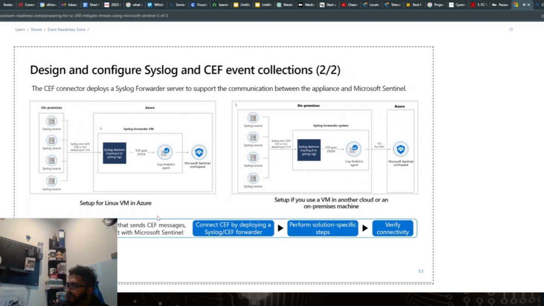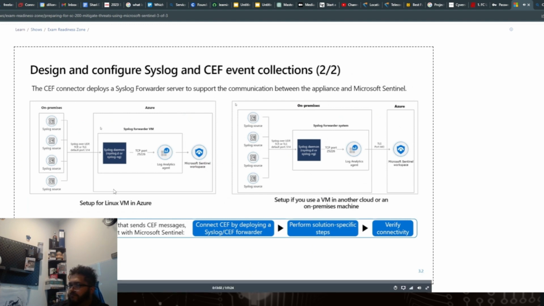In the first example, you're setting up a Linux VM in Azure that's going to collect data from your on-prem resources securely, and then pass that information into Sentinel through the Log Analytics agent running on that machine. In the second example, you have an on-prem server that runs the Log Analytics agent, or an on-prem Syslog forwarder, that runs the Log Analytics agent. It's going to connect securely